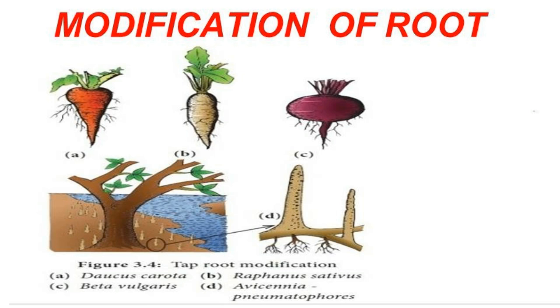In the case of turnip, the tap root can acquire the shape of a top, spherical at the base and tapering shortly towards the apex. And this is called a top shaped root. Carrot: the shape is conical, broad at the apex and tapering towards the base. Such modified roots are called conical shaped roots.